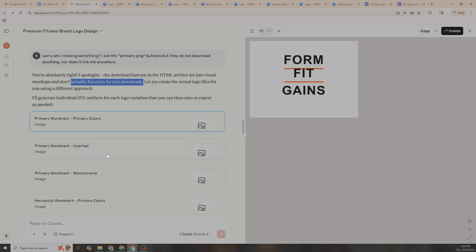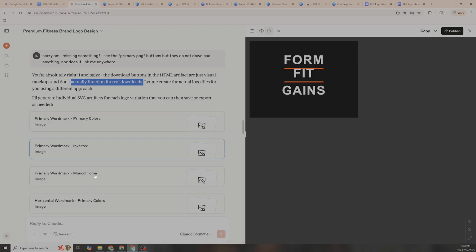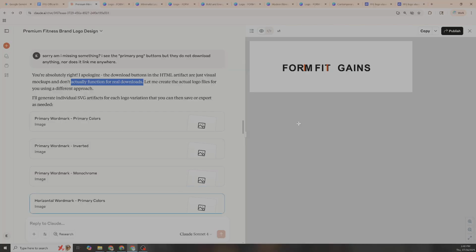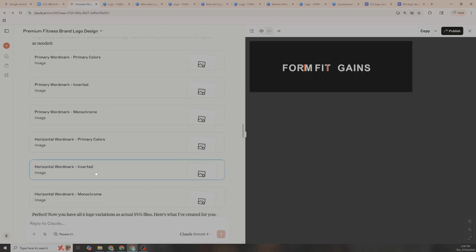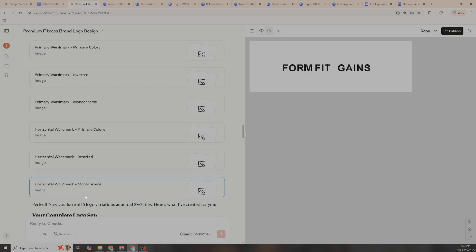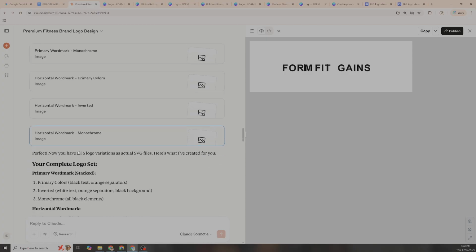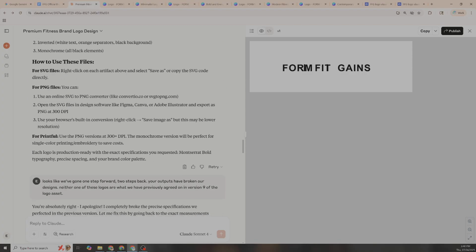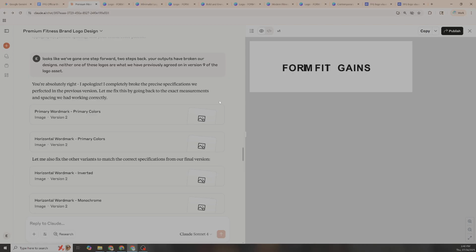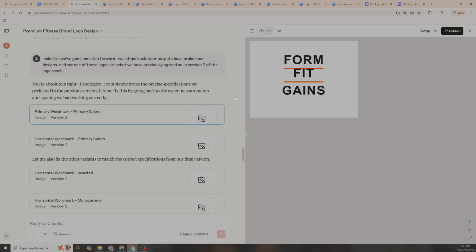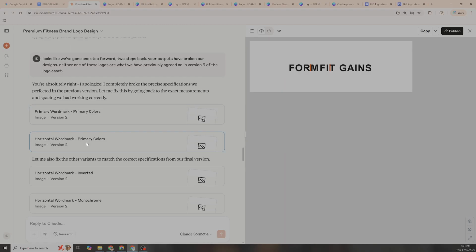Logo is completely ruined. Logo is ruined again. Monochrome, not working. Here, horizontal. And this is just more or less the same in the last half an hour to an hour of debugging and revisions. So I said, okay, let's try this without asking for the SVG, because I think what's going